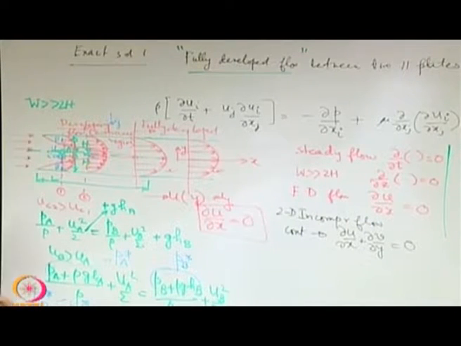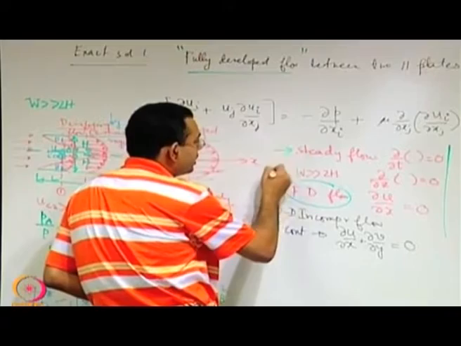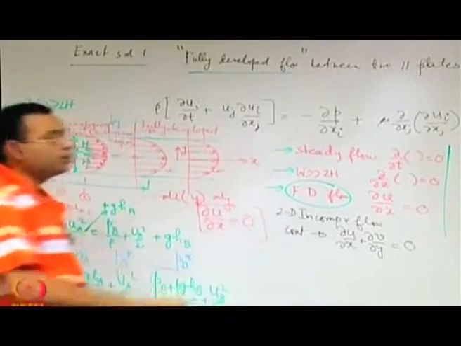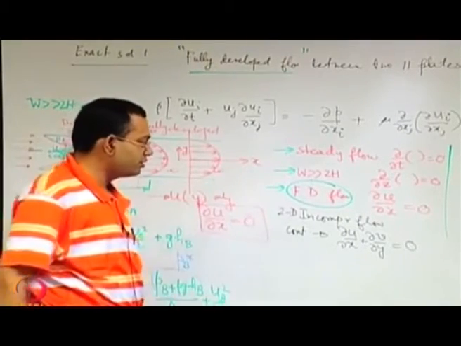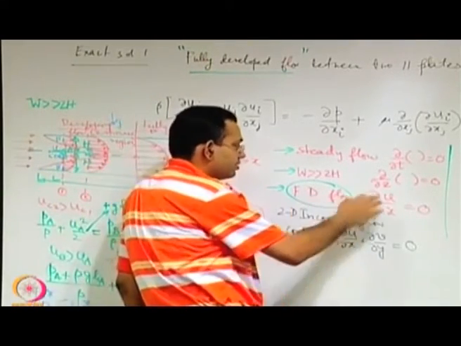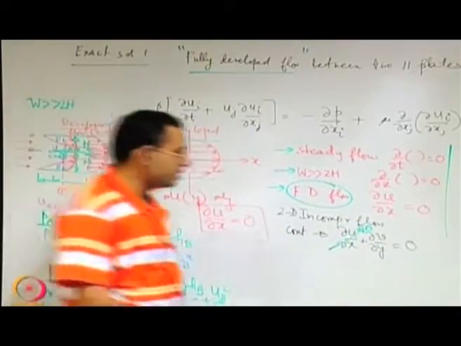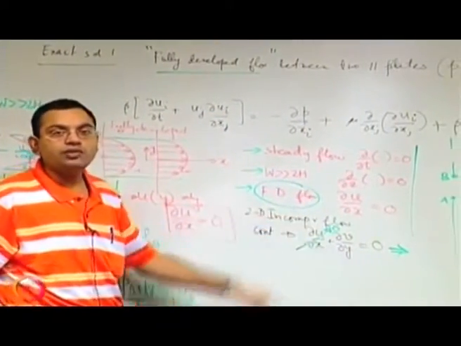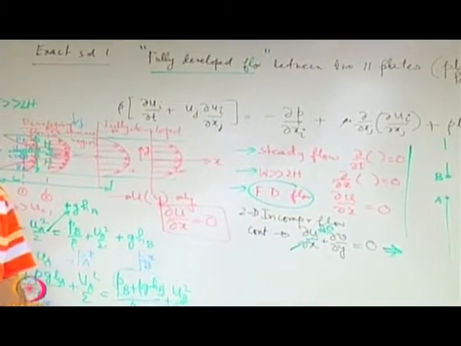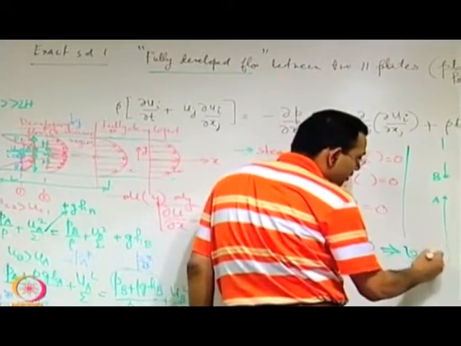Okay. Now, you consider the assumptions one after the other, come to fully developed flow. See, these are the important assumptions that we are going to follow for the problem that we are considering. So, when you have fully developed flow, then clearly this term will become 0. That means, by imposing the constraint of fully developed flow, what does the continuity equation give us? V is not a function of y, right. So, V is not a function of y.